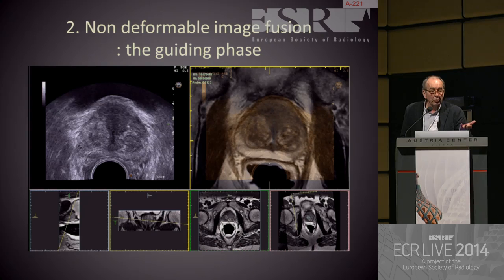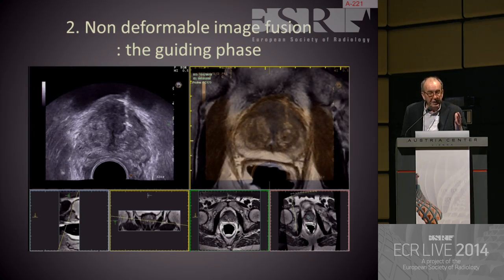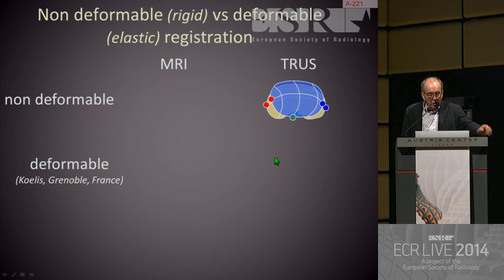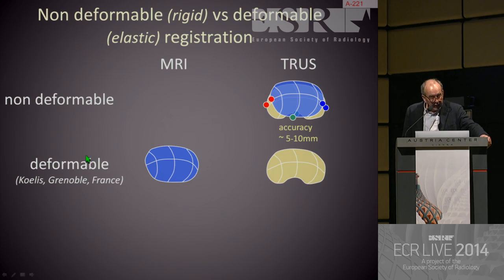And the patient also has to be, patient immobility is critical. And so this is illustrated here also. A non-deformable registration, 3 points or internal markers, same thing on TRUS, and then when you overlay, of course, the contour and the shape of the prostate is not the same. So the accuracy is approximately 5 to 10 millimeter, according to